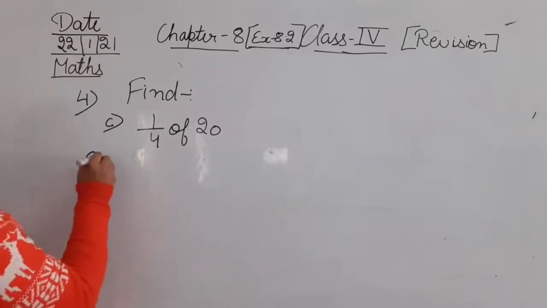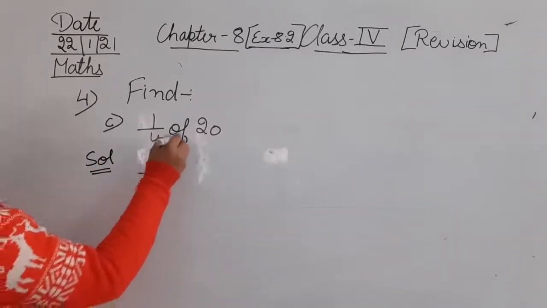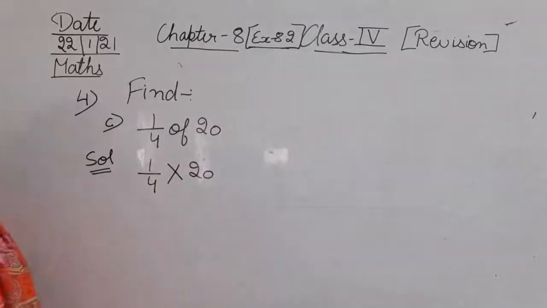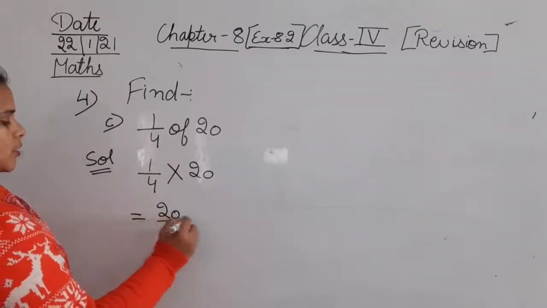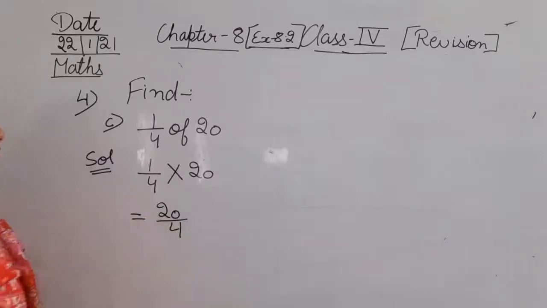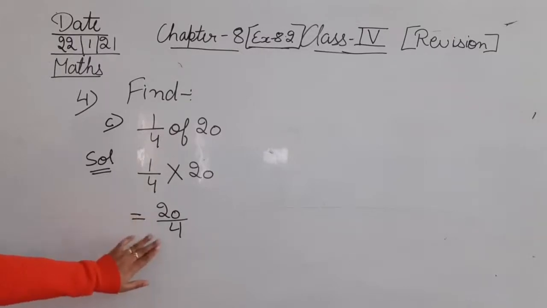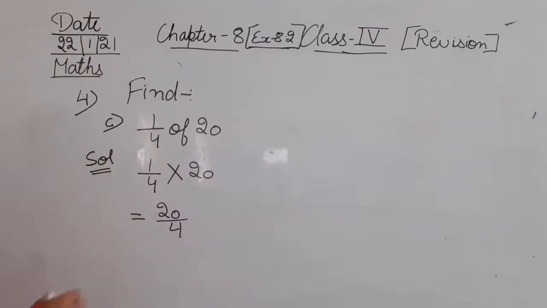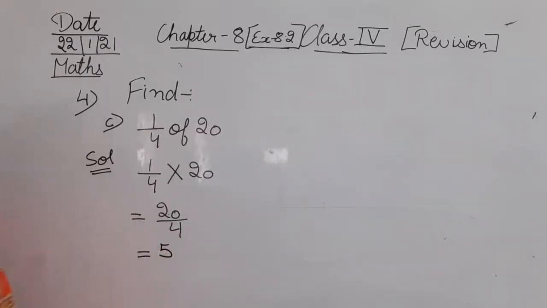Okay. 1/4 of 20. 1/4, that is 1/4. Of will change into sign of multiplication. 20 will be 20. 1 multiplied by 20 is 20. Denominator will be same, that is 4. Okay. देखिए यहाँ तक हमने बिल्कुल सेम वही है. अगेन वी विल जस्ट डिवाइड 20 with 4. सो देखिए 4 के टेबल में 20 किस पे आता है? At 5. 5 4s are 20. So that means if we will divide 20 with 4, you will get 5 as your answer.